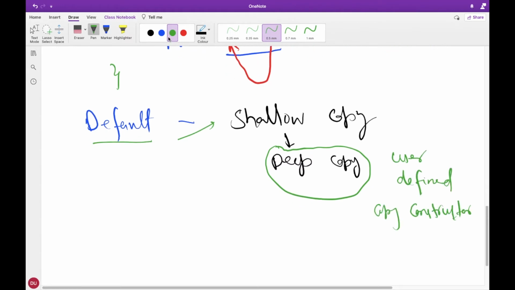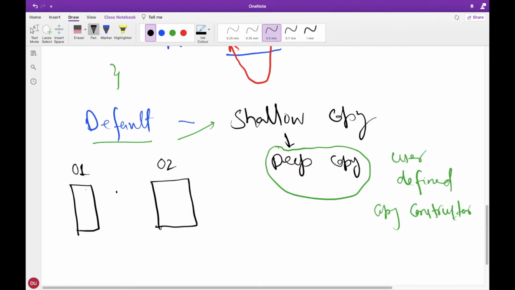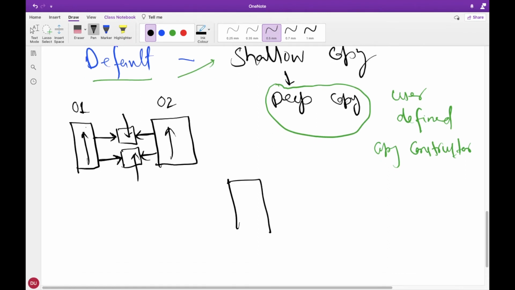So let's understand this using an example. Suppose you have object 1 here, and you have created a default constructor for that, or the compiler has created a default constructor for that. So it is going to copy object 1 to object 2, but understand these things. These are pointers, and in this case these pointers or references are pointing to the same location. This is object 1, this is object 2, but the pointers of both the variables are pointing to the same location. Clear? But in case of deep copy, suppose we have object 1 here and it is pointing to some location, maybe x and y.